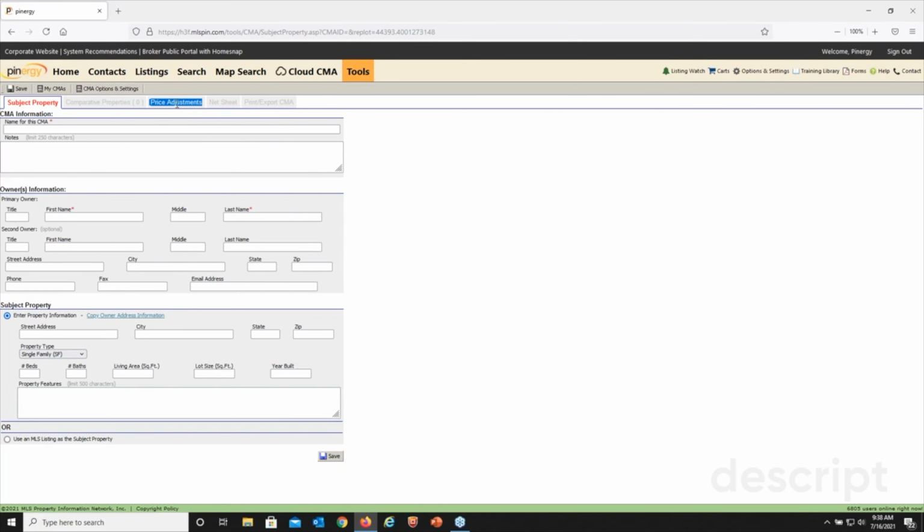It's optional to do price adjustments, by the way. You don't have to. Net sheet, another optional page. What the net sheet does is it presents to the seller all the costs associated with selling their house. So to say, look, from what we're seeing in the market, your house might sell around X amount, but you owe this amount, plus you got to pay the tax stamps, the smoke detector inspection, and here's what you're left